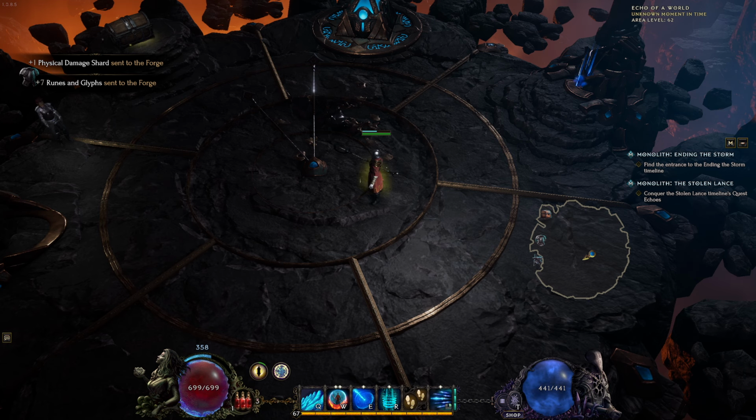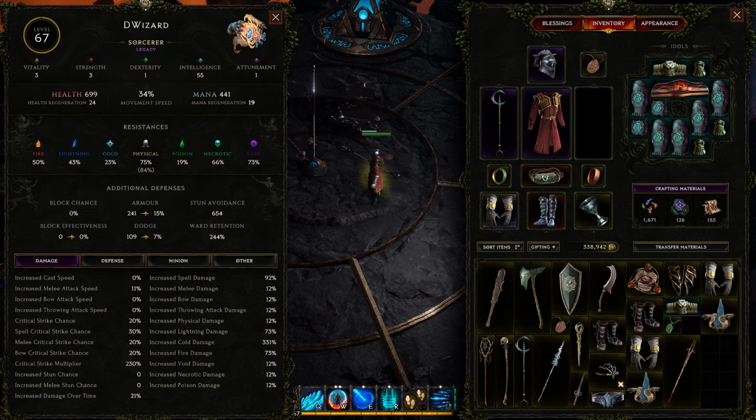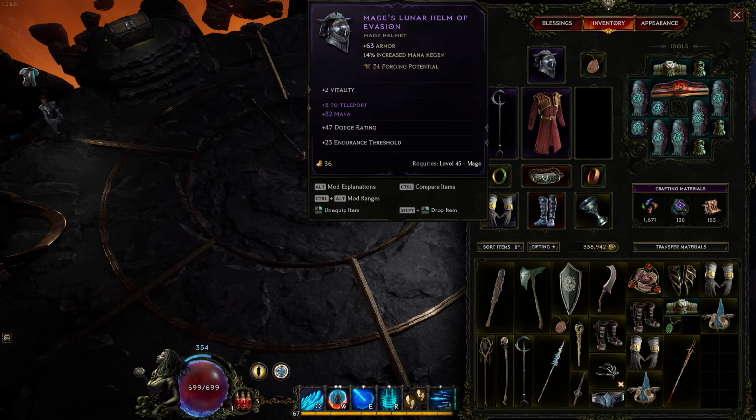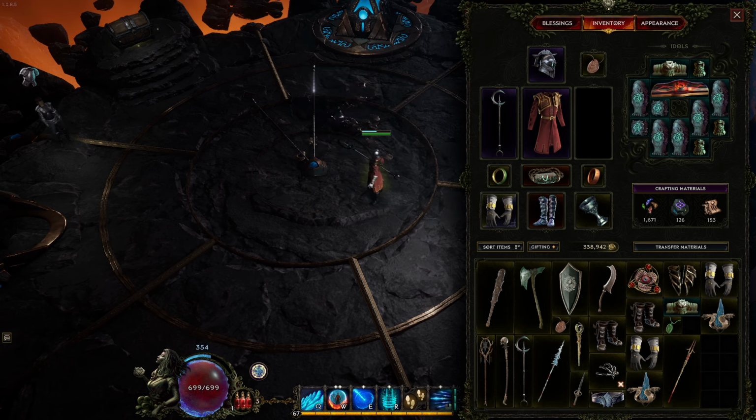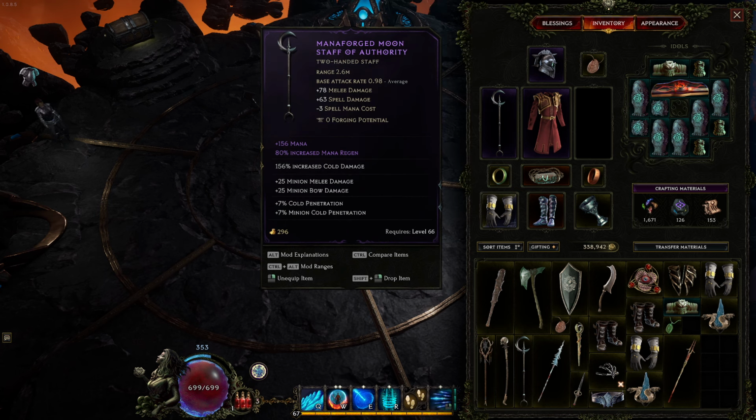First, let's take a look at the gear. So we've got this purple helmet. I've done a little bit of crafting on some of the gear here, mainly the staff. It has one stat on there that is pretty worthless, but I ran out of forging potential, so that minion